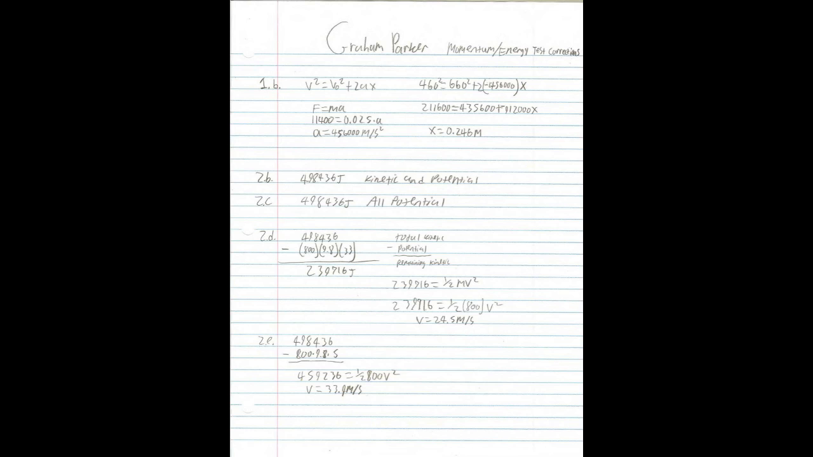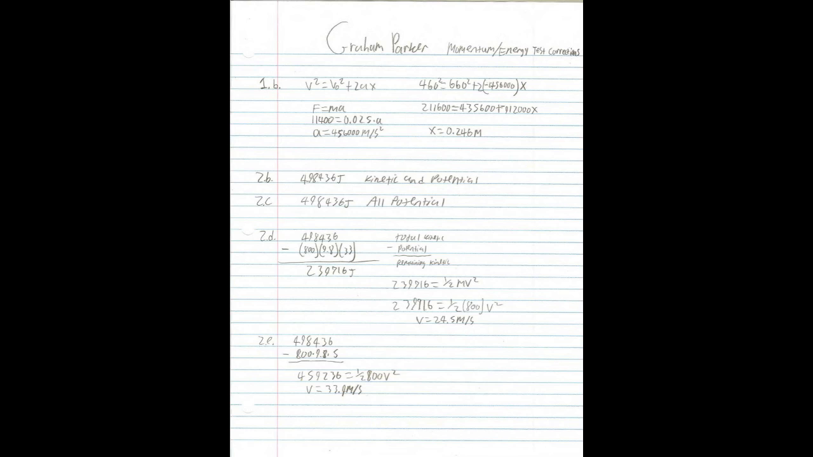It's the 498,436 joules because at this point it's just all potential energy. Okay, D asks how fast is the car going at the top of the loop? So what you do is you take the 498,436 joules and you subtract potential energy, or MGH, which is 800 times 9.8 times 33, and you end up with